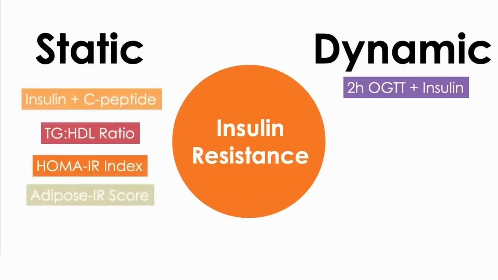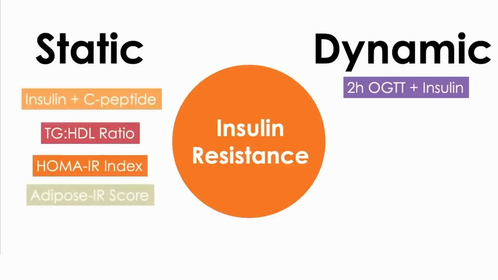If the peak of the insulin is at 30 minutes and every subsequent point is lower, that's a good sign. If the peak is anywhere outside of 30 minutes, if the peak is an hour or 90 minutes, that's a problem. It's a warning of insulin resistance. All right, now again, it's not easy to get those done no matter where you live. So let's end with the static measurements.